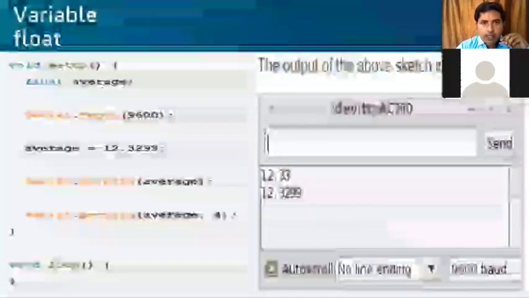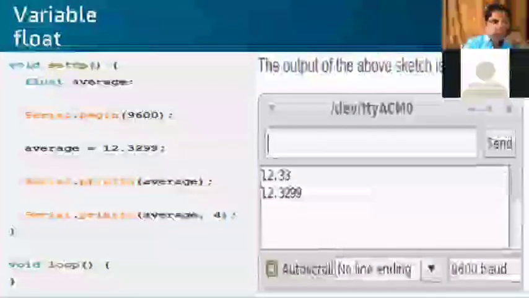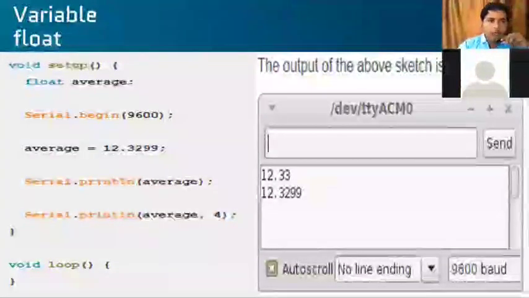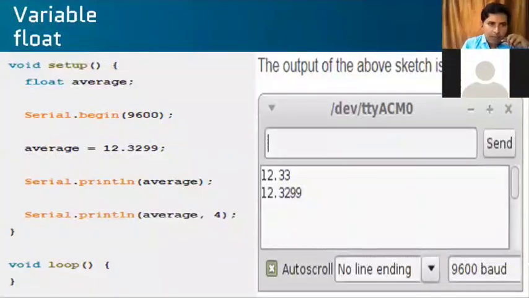Next, I'm defining a variable float value. Suppose you are defining an average value which contains decimal numbers like 12.3299. You want to display those float values, so you have to define that float at the start of the program. What is your float value? You are defining an average, and that average is my float value.